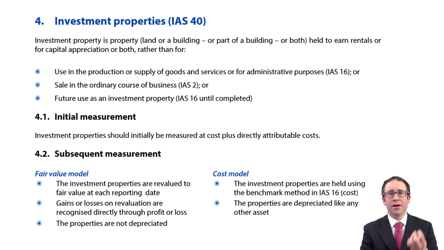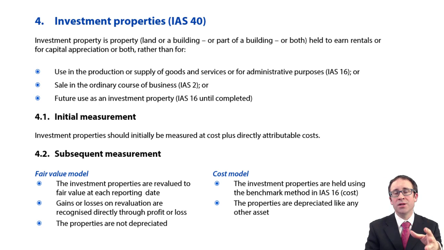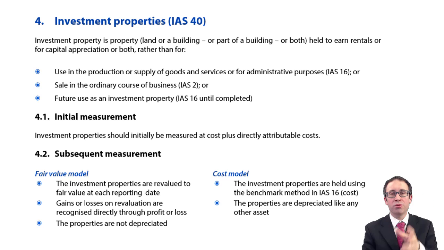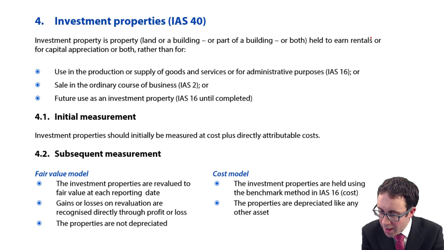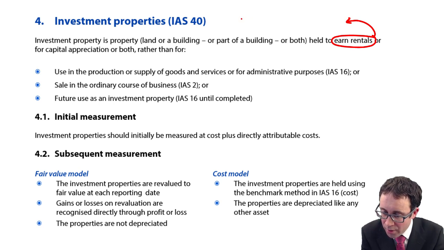So literally, investment property is property. What do we mean by property? We'll go back to what we've seen in IAS 16. Property is land and buildings. But the key that distinguishes investment property from property under PPE is that this property is held for investment purposes. So that means that we're either going to earn rentals. If we're being specific, that's whereby we earn rentals